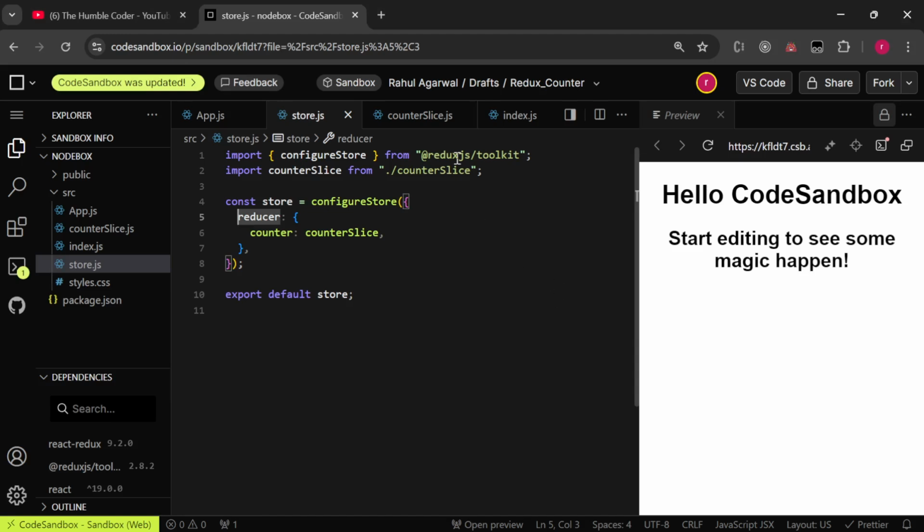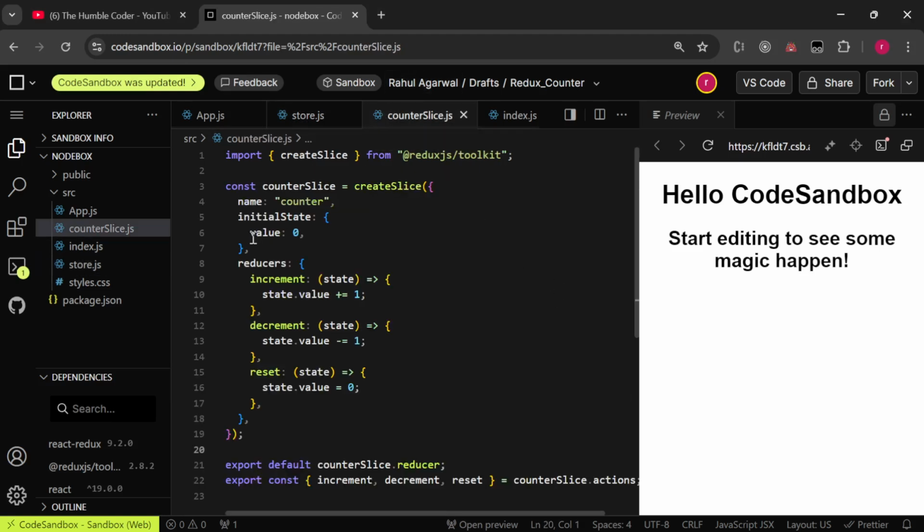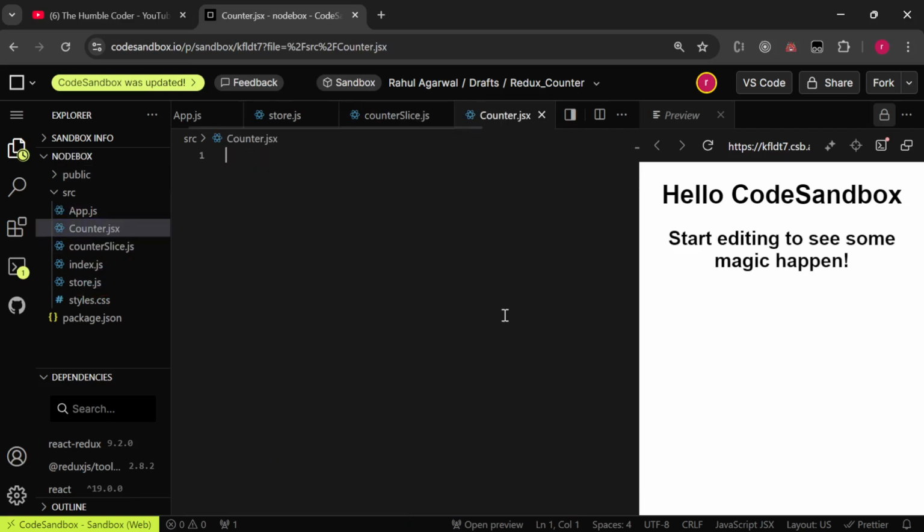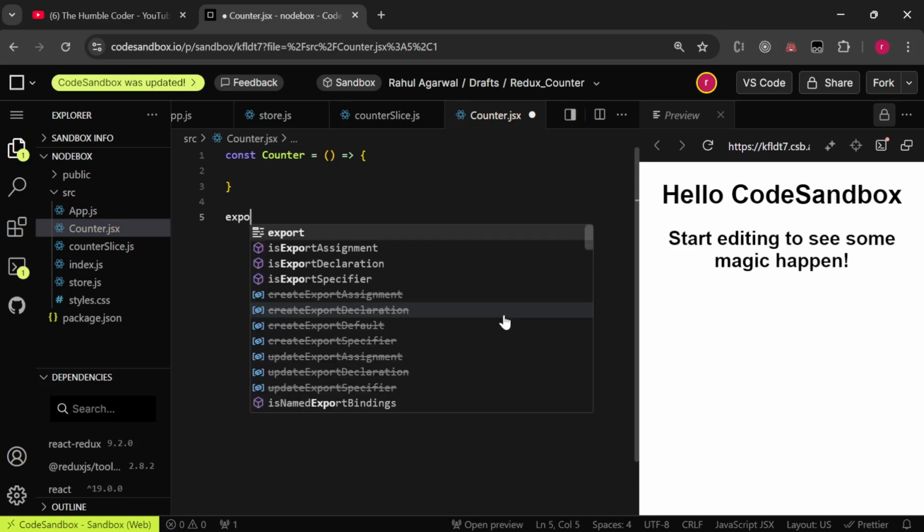Now what is our data in our case? Our data in our case is this value. Our major aim at this point of time is to display this value on the screen. For that I will need a UI file, which I will name counter.jsx, and I will quickly create this file. This is our simple React component: const Counter equals, I am creating a functional component using an arrow function. Now export default